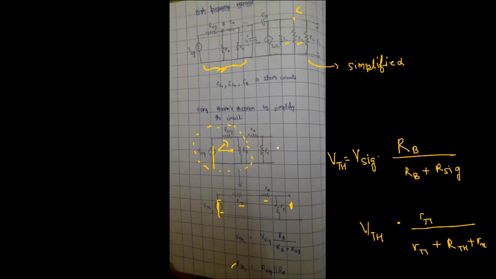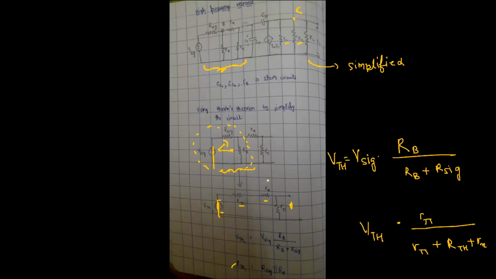So we have RTH1 plus RX in series, and that is in parallel with R pi. And we know RTH again is RB in parallel with R signal. So we have simplified this complex circuit into a relatively simpler one with just one voltage source and one resistor. And we know the value of that voltage source is this, and the value of the resistance